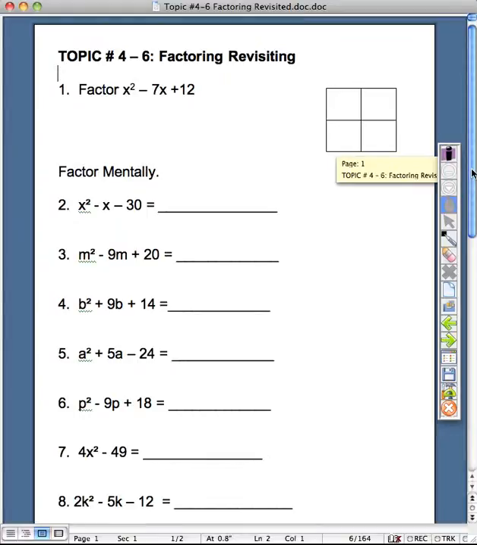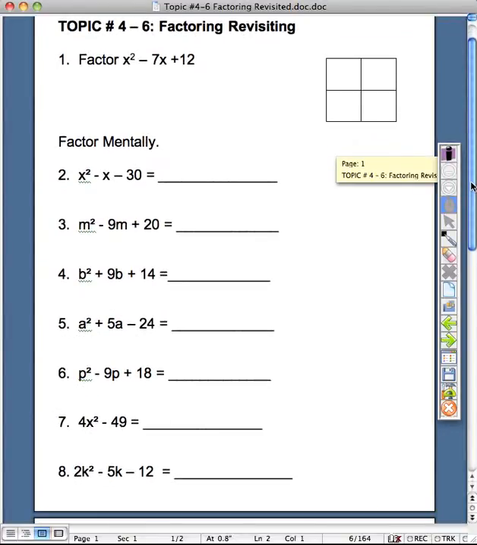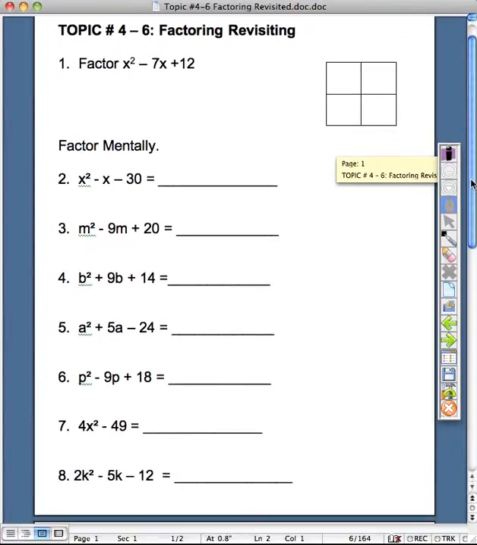Now what we've been doing is using the box here to factor a problem like this, even if there was a number or coefficient in front. It's much more difficult to factor with a coefficient in front of your quadratic equation. So, using the box,